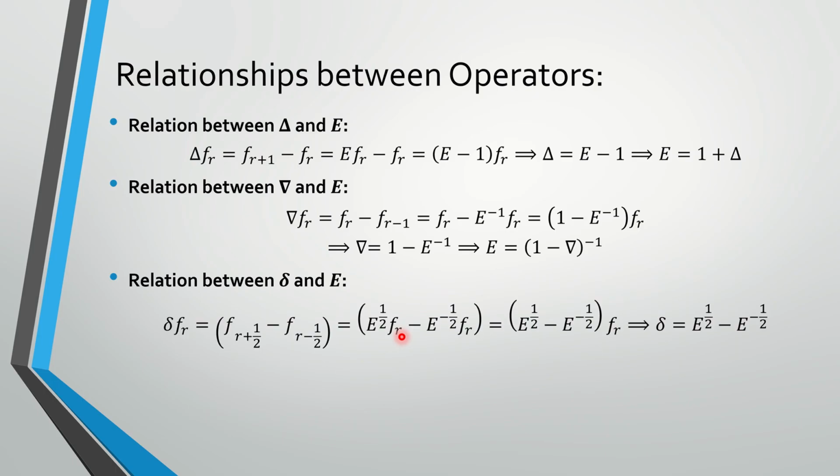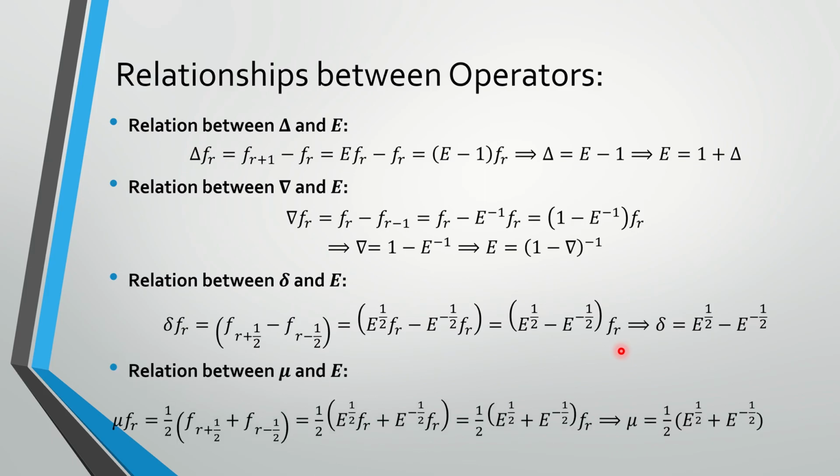डेल्टा और e का क्या रिलेशन होगा, अगर आप देख लें इसको, तो डेल्टा f r is defined is this one, that is e power 1/2 f r minus e power -1/2 f r, और फिर f r को बाहर निकालेंगे, and then you see that f r is an arbitrary function, so these two quantities will be same, e power 1/2 minus e power -1/2. And then we have a mu and e as well, which is obviously almost same because